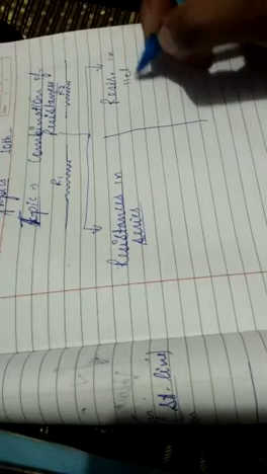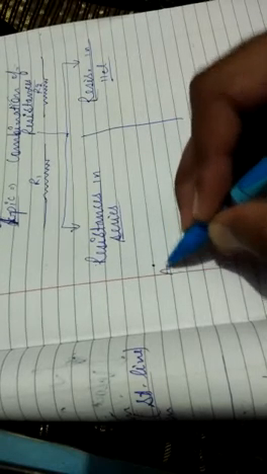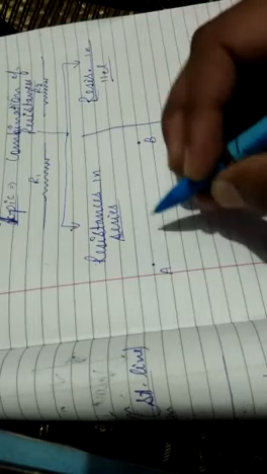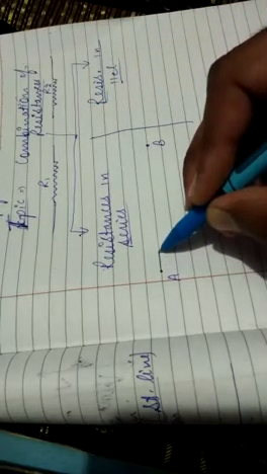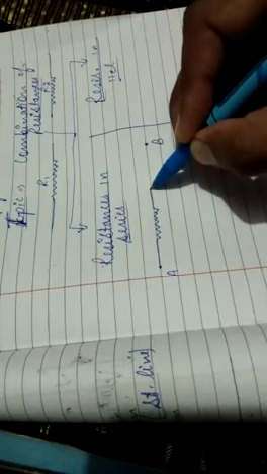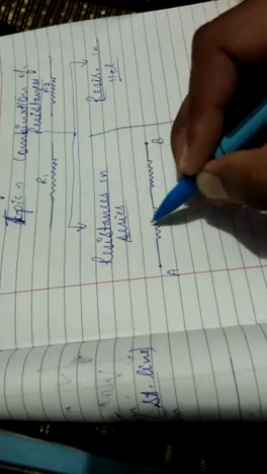Now what is the meaning of series and parallel? This is very important. For example, there is a point A and there is a point B. You want to arrange both the resistances in series. So let me arrange them and tell you how to arrange them in series. This is the first resistance R1. This is the second resistance R2.